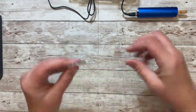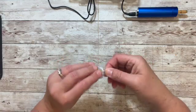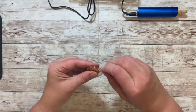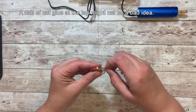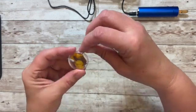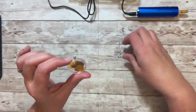There we go. And then we can twist this in. There we go. All right, so then once your eyelet, or, you know, the little ring is connected, you can